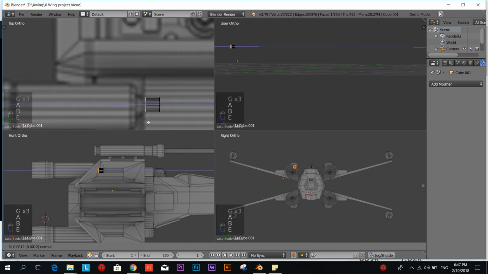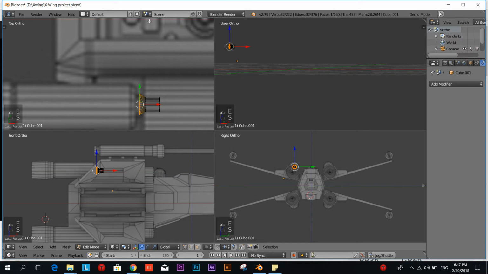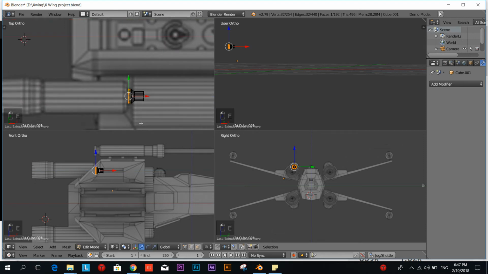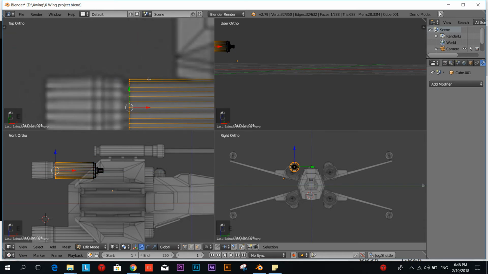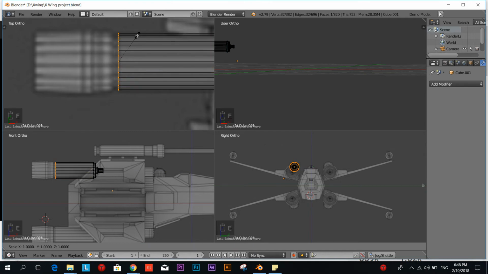So we're going to extrude it a bit, scale it, press everything, and just position it how you need it. G on the X a bit, extrude. Now, if you extrude, you can also scale it, if you remember. And we're gonna scale it, and we're going to extrude it one more time. Scale it a bit, extrude. You can scale it up or down, so we're going to extrude, scale it down to make this thinner pipe. Extrude again, scale it up